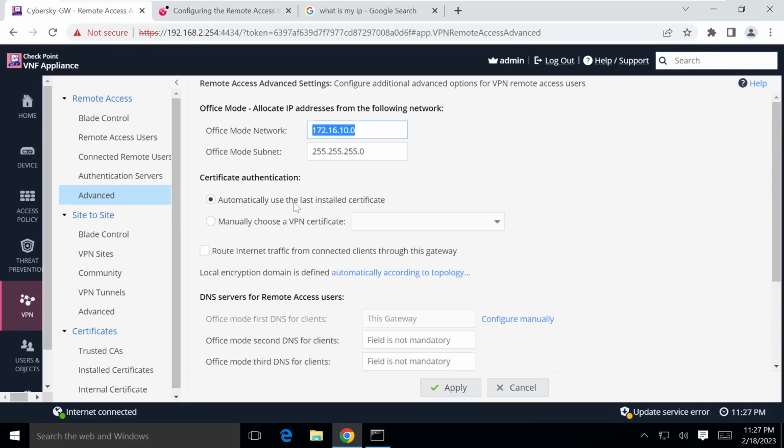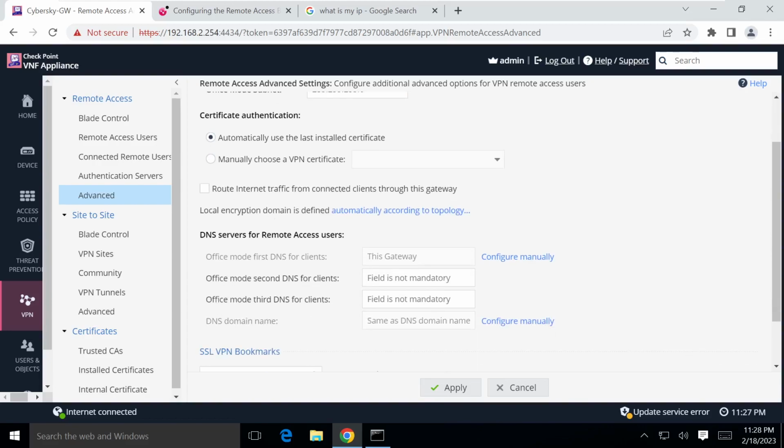You can see it automatically uses the last installed certificate, because that certificate is required for this VPN connection. Or else you can manually use a VPN certificate also, but I'm using the automatically use last installed certificate option. Okay, and then if you want, you can route the internet traffic also through this Checkpoint firewall,